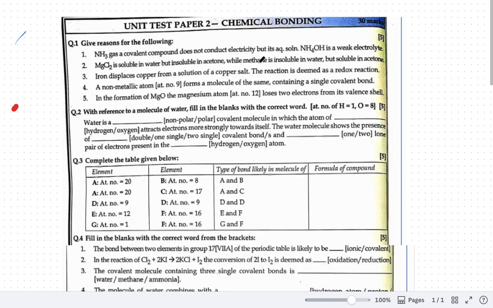Now acetone is an organic compound and it dissolves organic substances, while methane is insoluble in water. Methane being non-polar, it is insoluble in polar solvent water and soluble in acetone, because methane is non-polar and so it will be soluble in non-polar acetone. So the whole thing, if you see, is MgCl2 is polar, dissolves